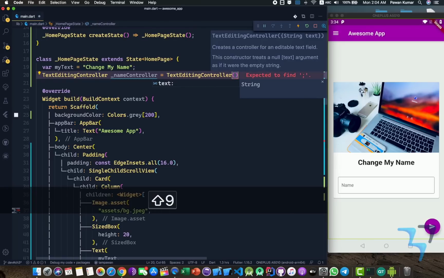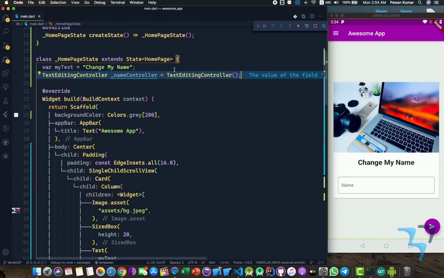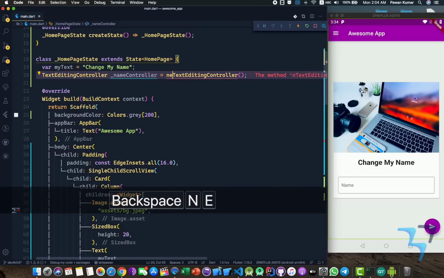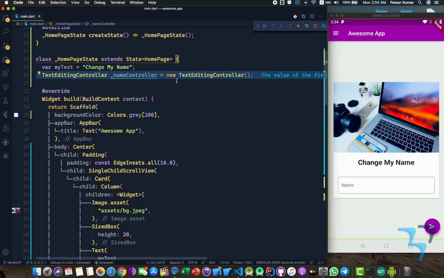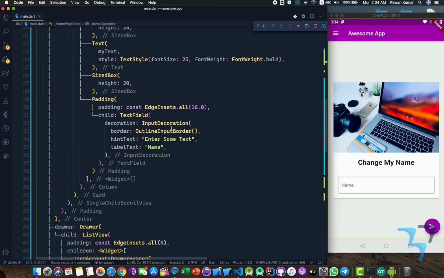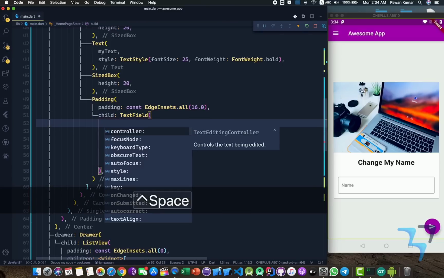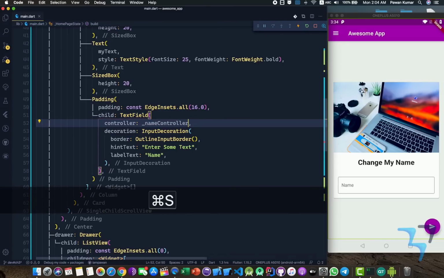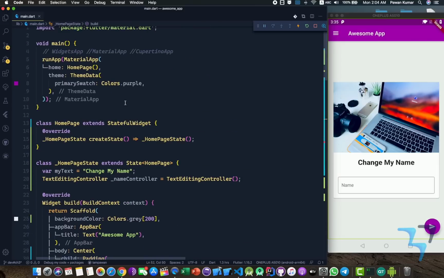As you know, in Dart 2 you don't have to write this new keyword. If I am writing it, it means the same thing. If I remove it, it also means the same thing. And now I can use this name controller with this text field. So there is a controller property and I can say nameController. Okay, and now what I want, guys, is that